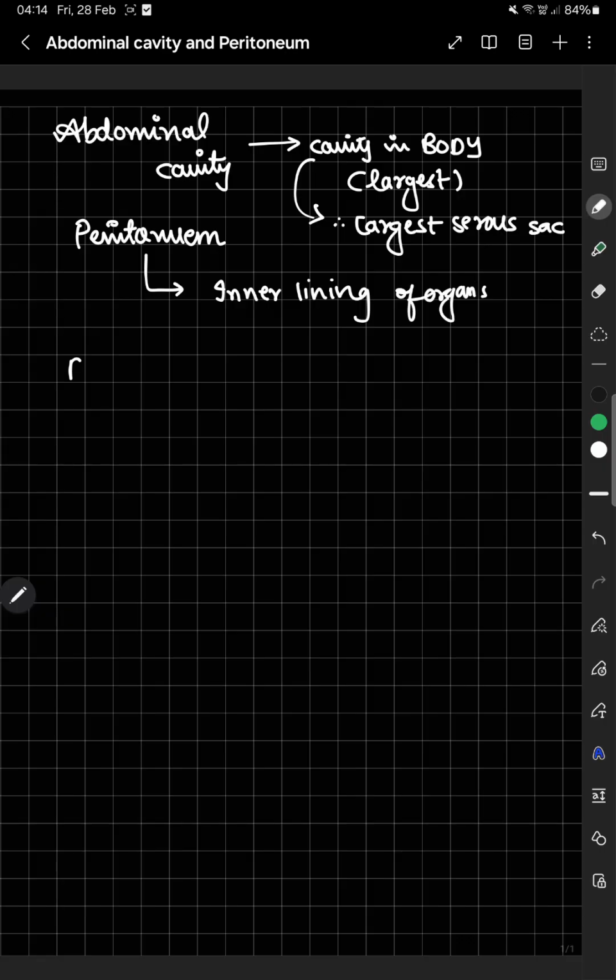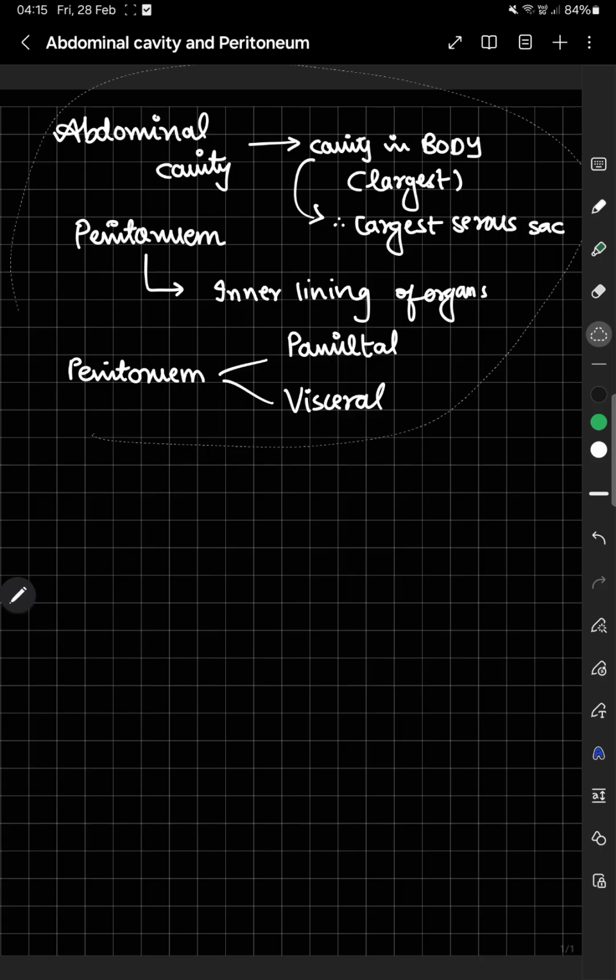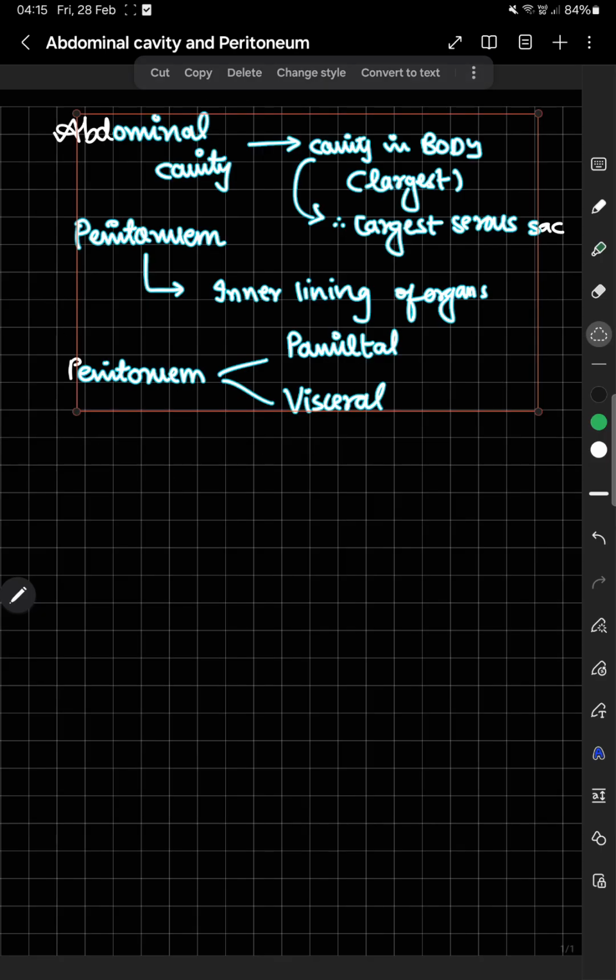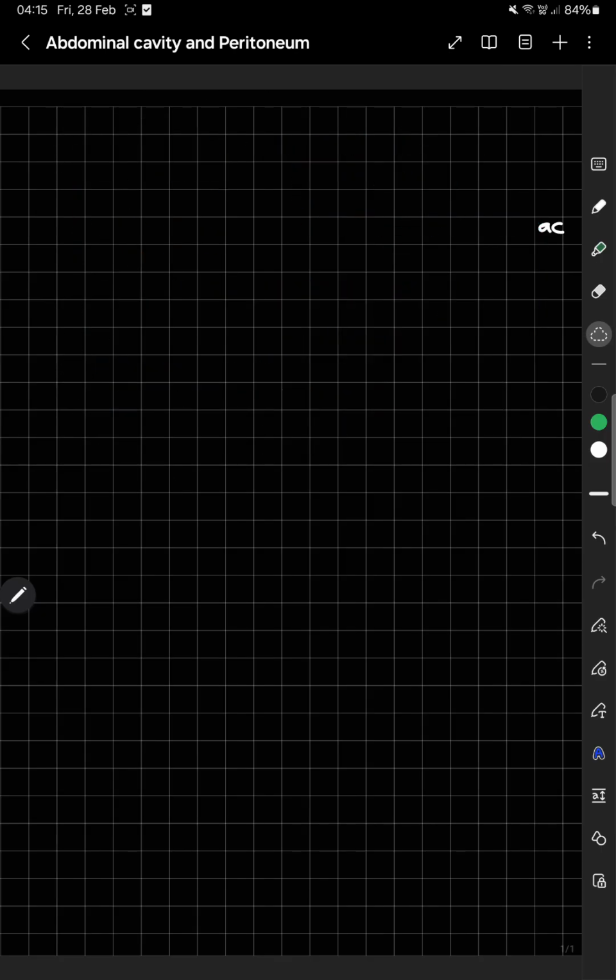Anatomically, peritoneum is of two types: parietal peritoneum and visceral peritoneum. This is basically everything that's required as of now, nothing really serious. So just to get a very brief idea about what peritoneum is and all of that,